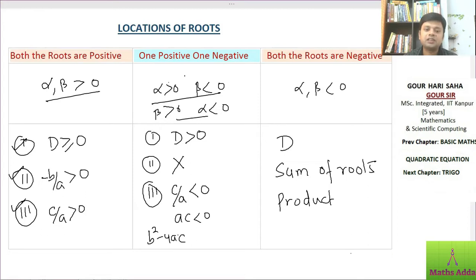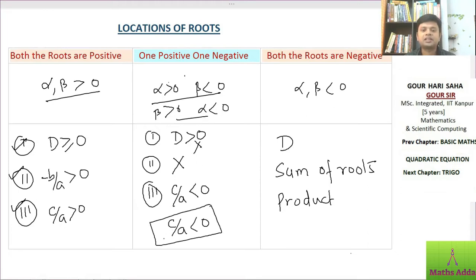This is positive, AC is negative, with a minus sign it is positive, right? So it is positive. This means D is greater than 0. So whenever AC is less than 0, or C by A is less than 0, D is automatically more than 0. So why will we not write this condition? This one condition is sufficient. So what is the condition? The condition is C by A less than 0. This is the only condition